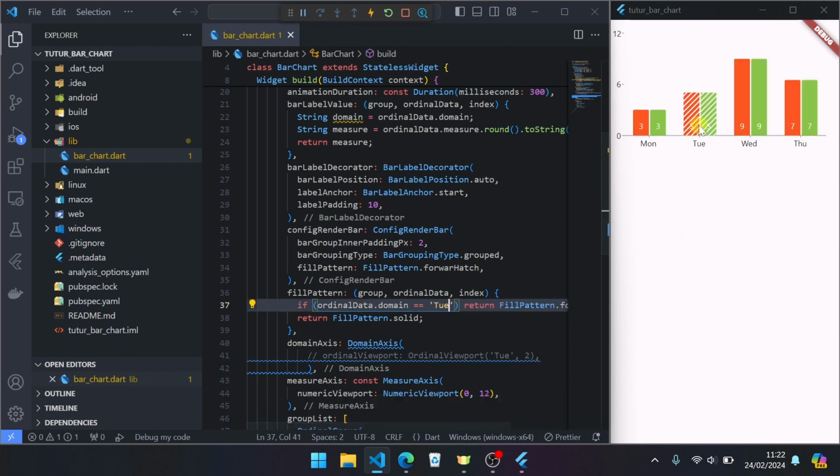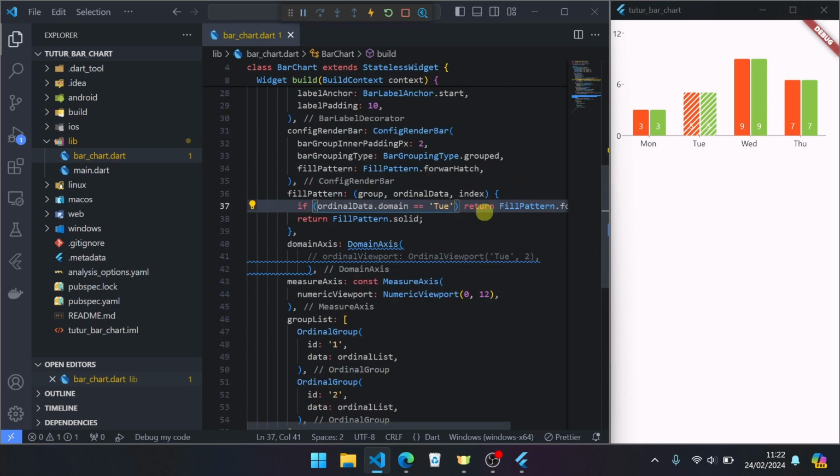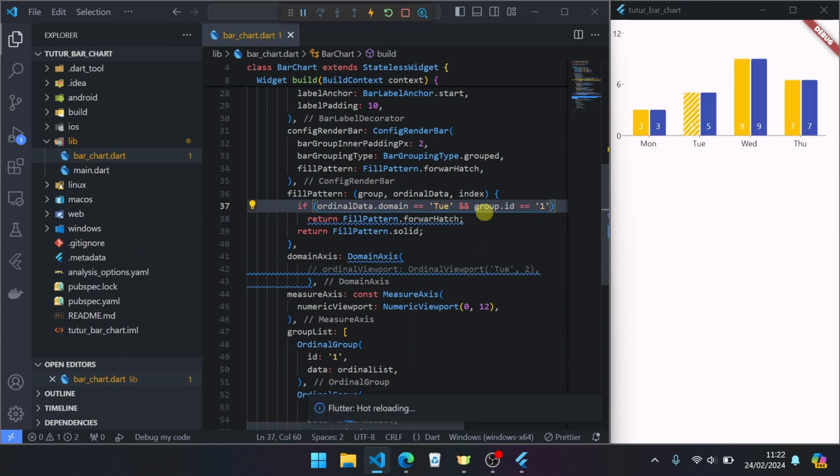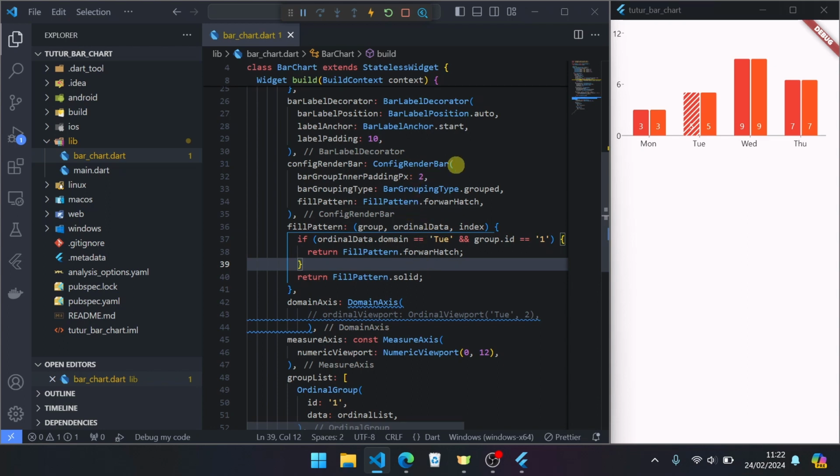Save, like this. And if you want more specific, Tuesday and also the grouping is 1, you can add and group ID is 1, like this. Only Tuesday and group 1 will have the fill pattern forward hatch. Go back to config render bar.